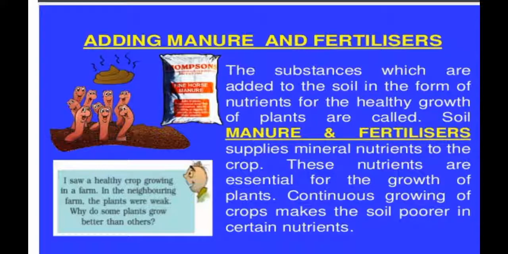While harvesting a leguminous crop, the farmer leaves the crop roots in the soil. These enrich the soil with nitrates and restore the fertility of the soil for the cereal crop. So this is one method of adding fertilizer.